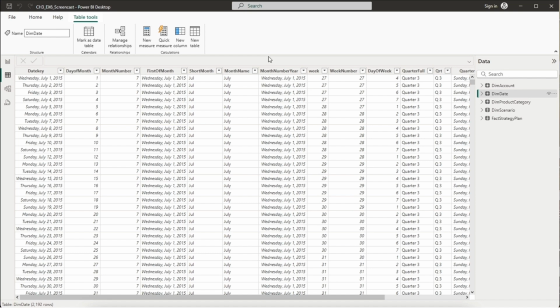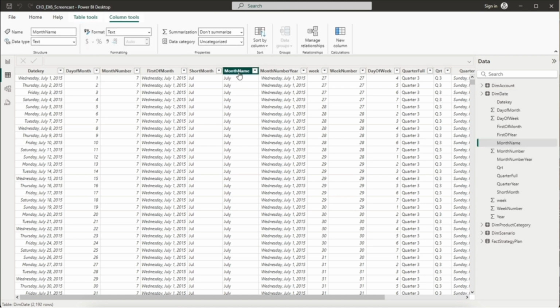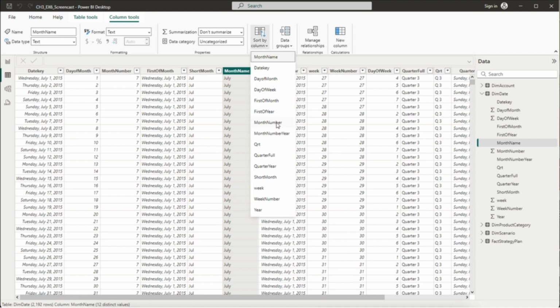The field that was used in the clustered bar chart is month name. Let's select that column. When doing that, the contextual menu at the top of the screen changes and there is an icon that says Sort by Column. In our case, we want to sort by the month number instead of in alphabetical order. We need to click on Sort by Column and then make sure to sort the month name column by month